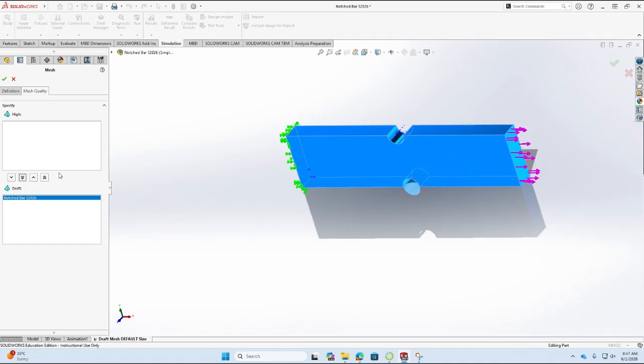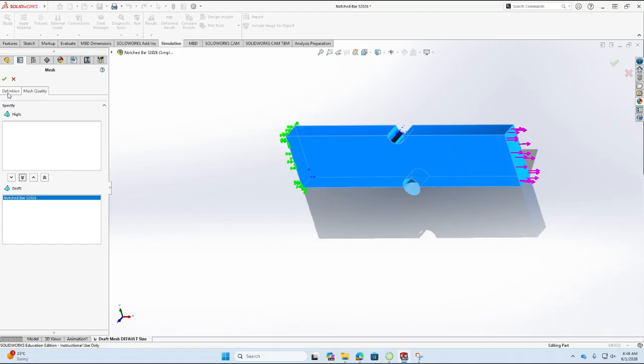results. Think about it: if you are trying to model a full aircraft wing, that's a huge part. If you start doing it with a high quality mesh, then the chances are your computer will crash even before you start getting good results, right? So you do a what-if analysis very quickly using a draft mesh. So this is what we are going to do, and I will select the draft mesh first of all,